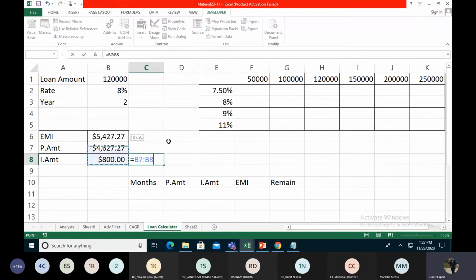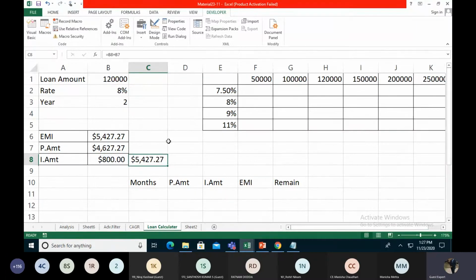So the combination of these two things is our EMI value, 5427.